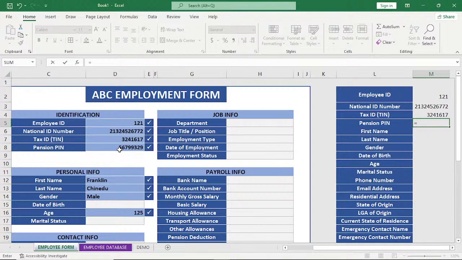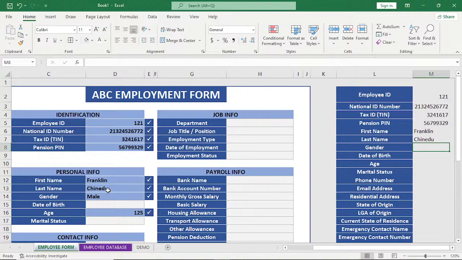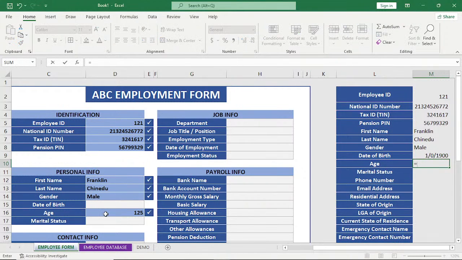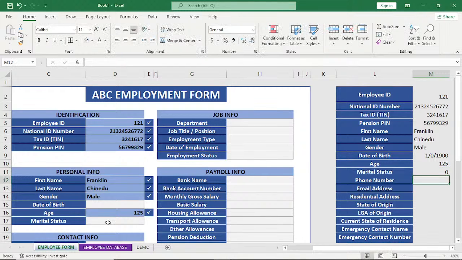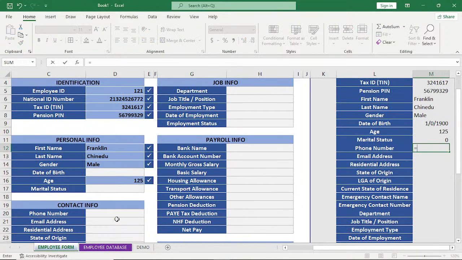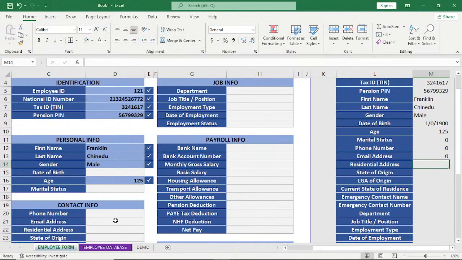So I will select this, enter, say equals, I'll come over to this, enter, equals this, enter, then equals to this, enter, equals to this one, enter, equals to this, enter, say equals to this, enter, and then I say equals to come over to link this one, enter, do that one after the other,